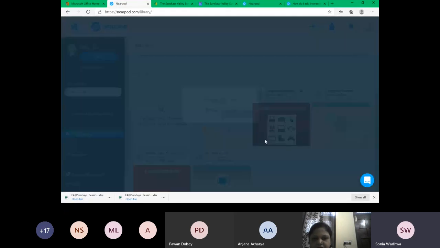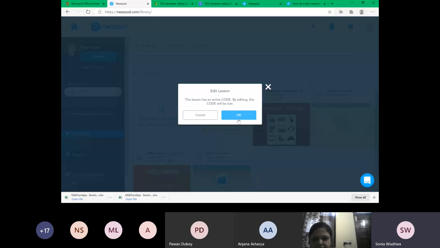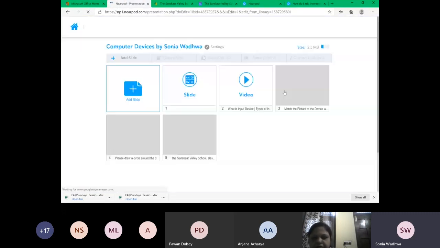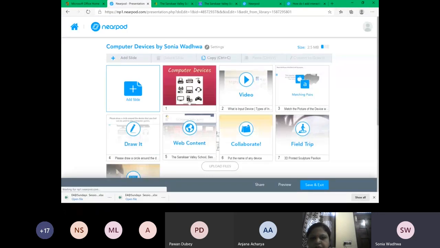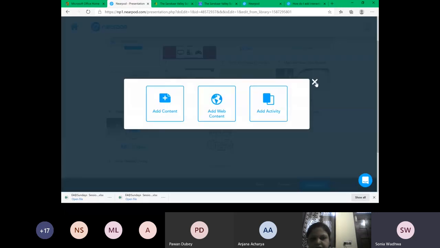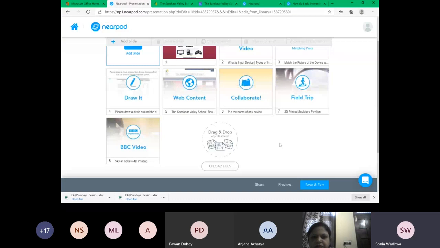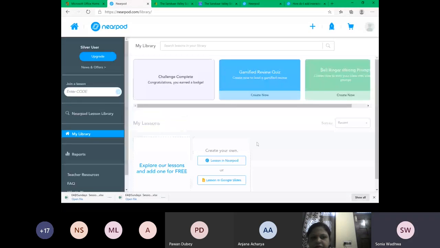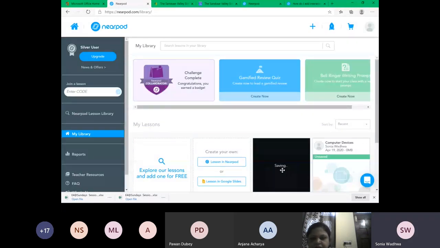So it's okay. I can add one more activity to it, which maybe did not occur to me while I was working on the lesson. It already had 8 slides. Now I can add one more slide and one more activity to it. And then when I finally click on save and exit, and then click on assign lesson, it is saving. Now, when I assign it to my students as a live lesson or as a self-paced lesson, you would see that